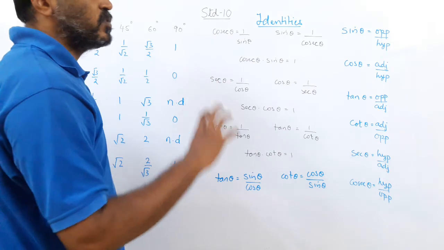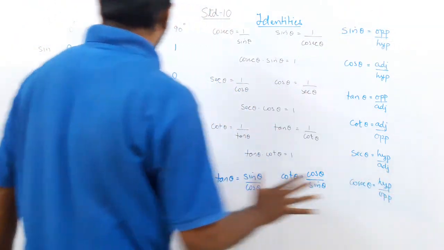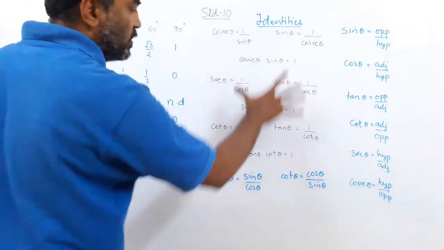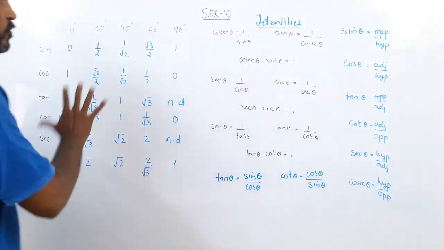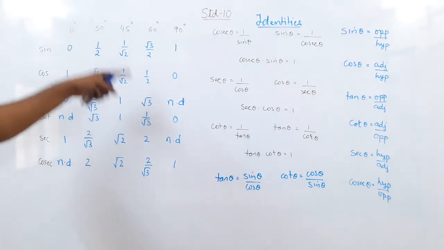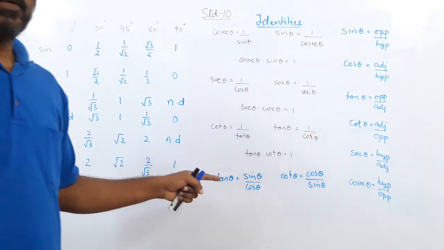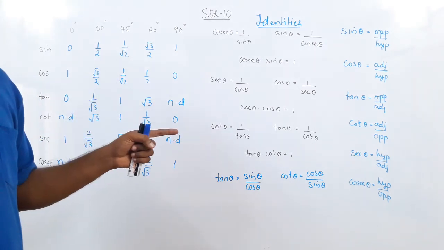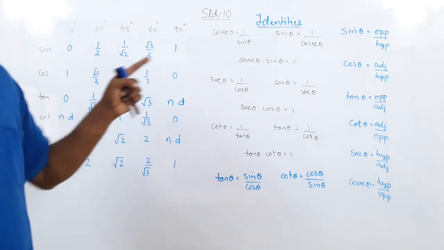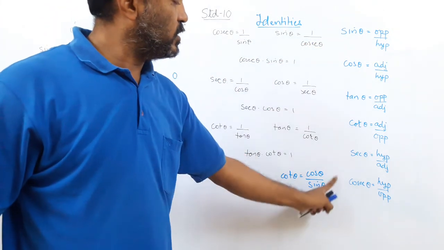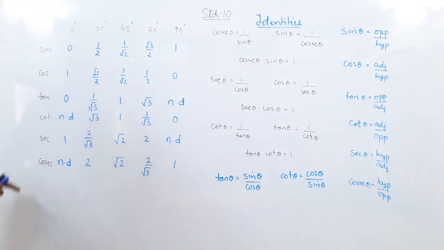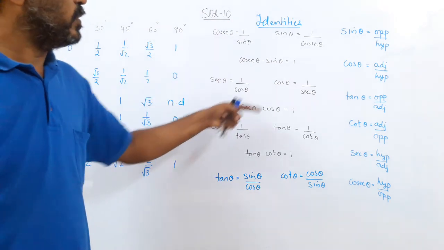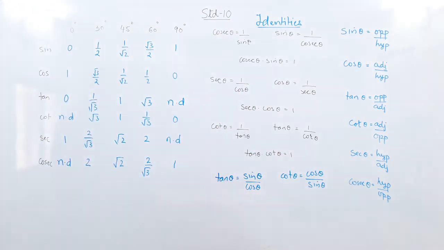So you can go back to the previous videos, understand the ratios, how we found the values, and today we have done the identities. Now there are a few more identities to be done, but before we go to that, we learn to make use of this table and these identities. So your homework today is to learn these ratios, all of them, see how the identities are formed and how to make this table. You have to learn to make this table perfectly, see how the identities are formed and learn the ratios also. That will be your homework for today.